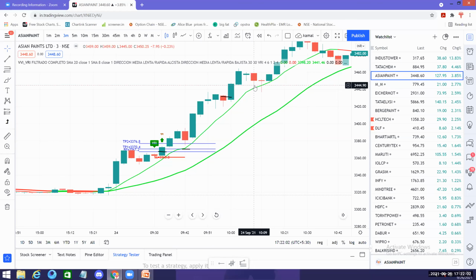But what money you would have made is 3,445 rupees against your entry price of 3372. Around about 75 rupees, almost 72 rupees, in how many minutes? 1, 2, 3, 4, 5, 6, 7, 8, 9, 10, 11, 12. So in 36 minutes you would have made 70 rupees in an Asian Paint trade if you had done it